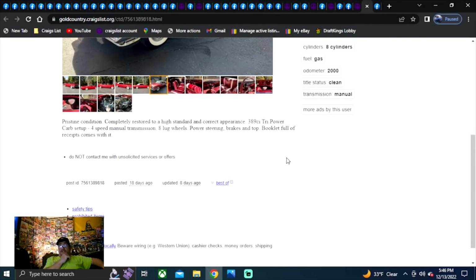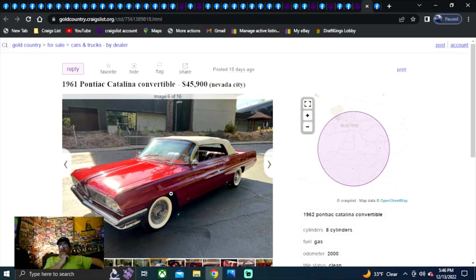Got the tri-power carbs on it, excuse me. Yeah, it's a nice looking car. I wouldn't pay that kind of money for it. The ad was updated 8 days ago. And like I say on all the episodes, I'd rather build it myself. So with that being said, this is the one I would go check out if I was looking to buy